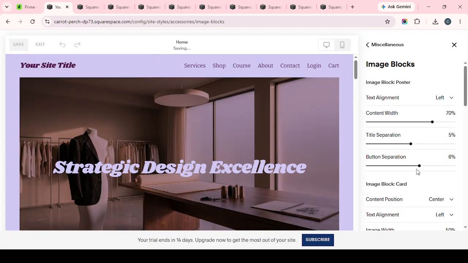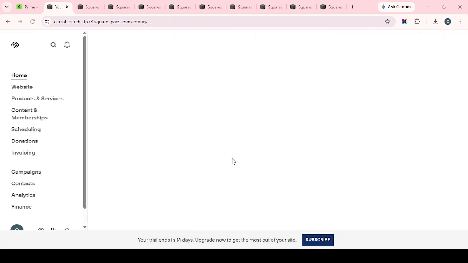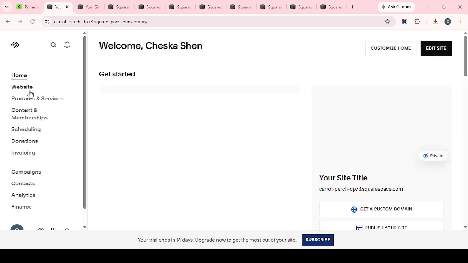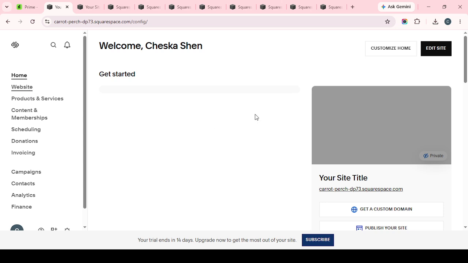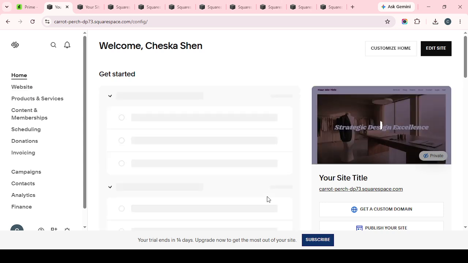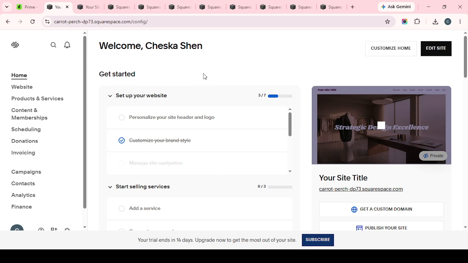Once everything looks right, save your work and publish the site. Before publishing, it's a good idea to quickly review the page for spacing, readability, and button placement, so the final result feels smooth and professional. After that, your author page will be live and ready to showcase your books, grow your subscribers,